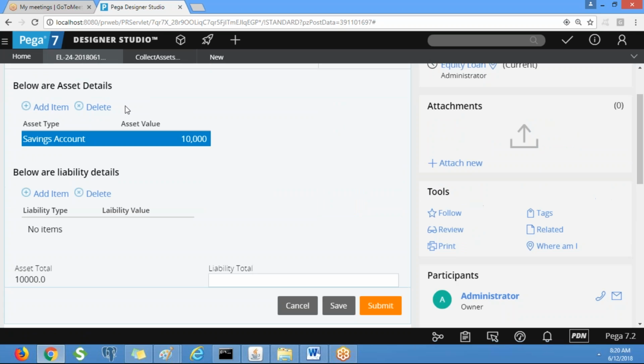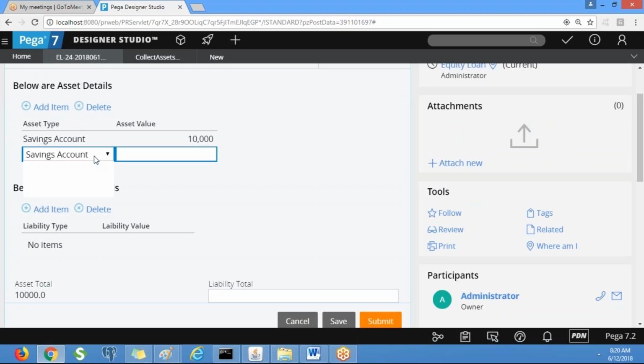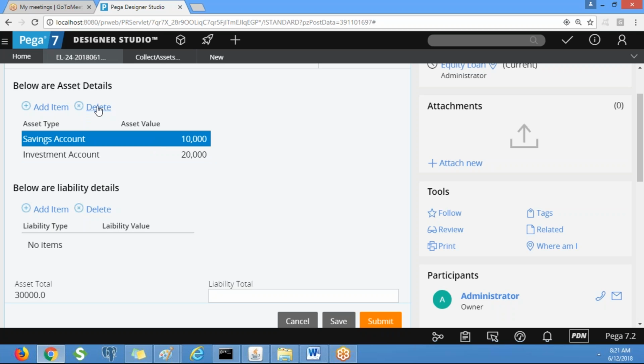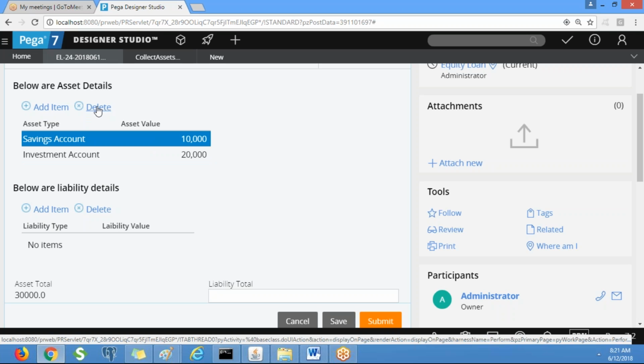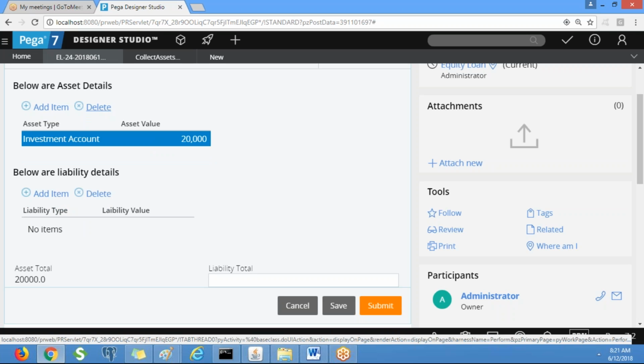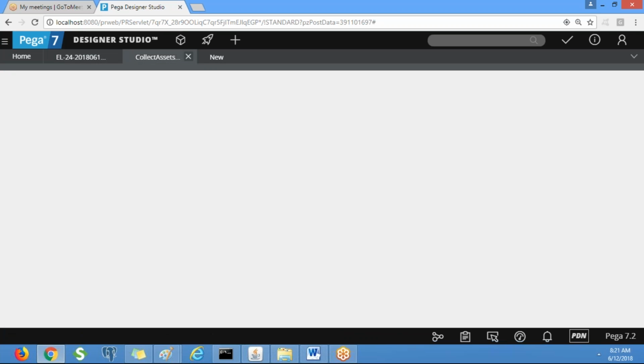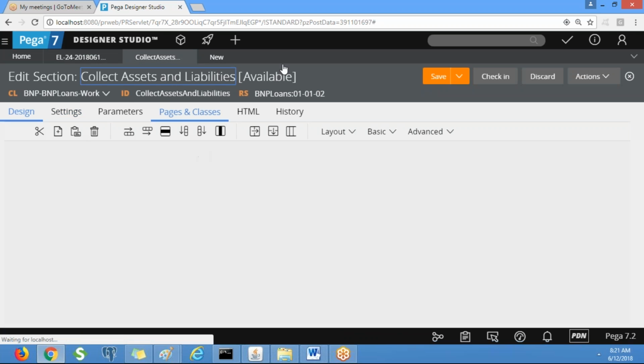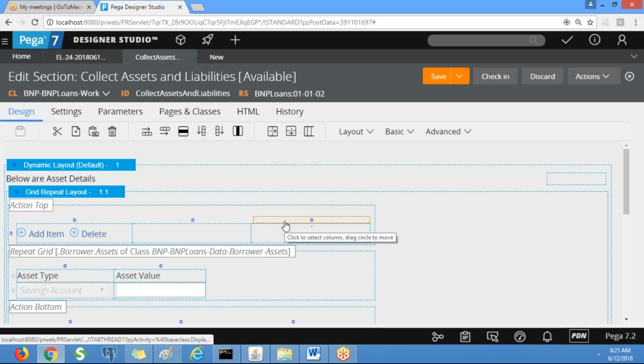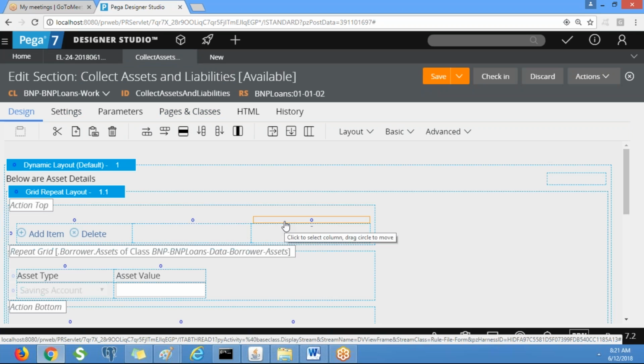If we add one more asset, let's say 20,000, how much? Immediately it will be updated to 30,000. If we remove this first record, how much should it be? 20,000. So we have created this declare expression rule on the target property, and we haven't invoked it anywhere.